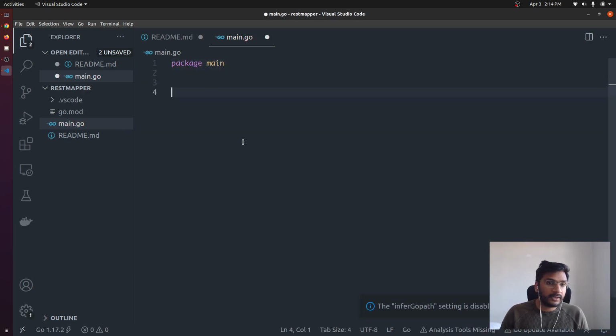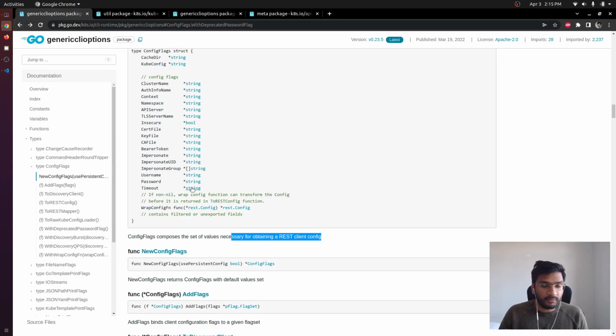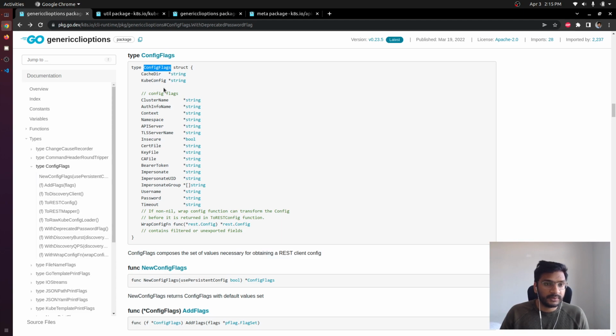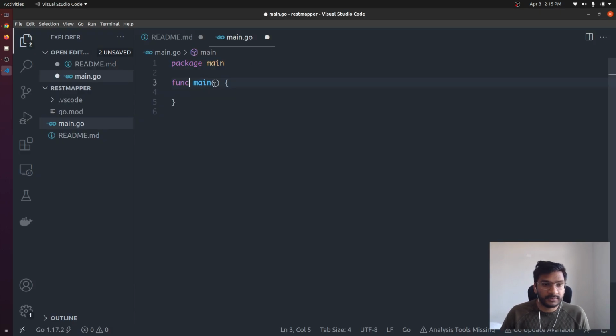Okay, so now that we have main.go file, like any other Go program, we are going to have a main func. Again, we are not going to very much focus on the Go program itself, but the mechanism how we are going to get the REST mapper and then call ResourceFor. So we know that we want to get an instance of this type, and we see that we have this method that can get us an instance of this particular type. So let's first import this,